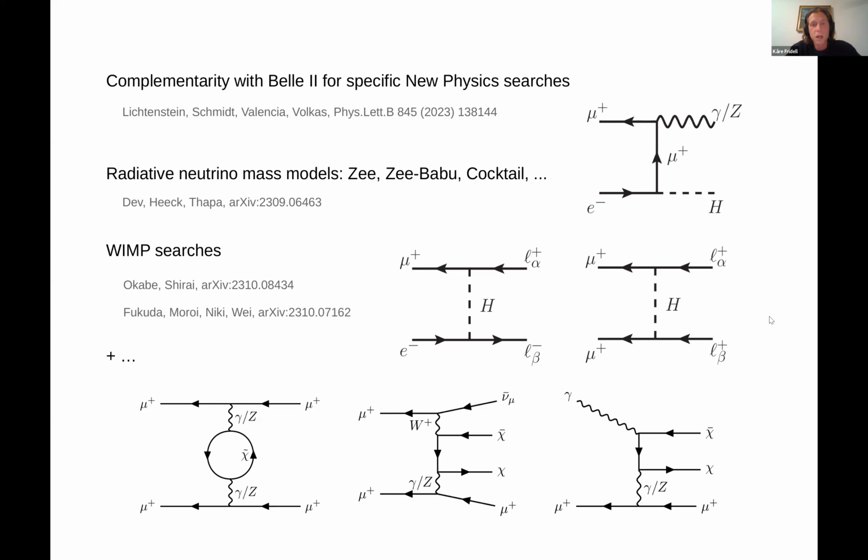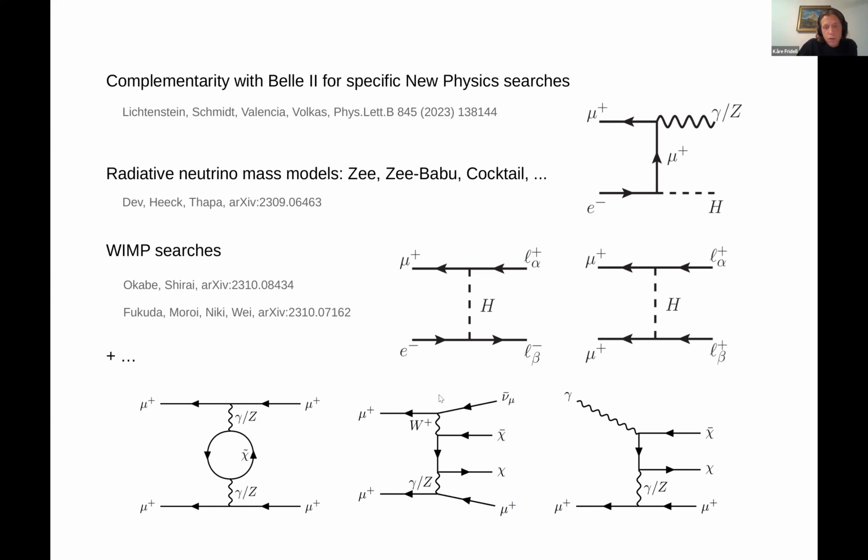And in the past months, there have been quite a few phenomenology papers that have come out, looking at specific modes or specific searches one could do at mu Tristan. So I'm showing some diagrams here related to the physics of neutrinos and neutrino masses. At the top here, you see 3 diagrams where this neutral scalar H is produced, where this H can be part of the Z radiated neutrino mass. And you can see that these authors have considered both mu plus e minus and mu plus mu plus in the initial state.